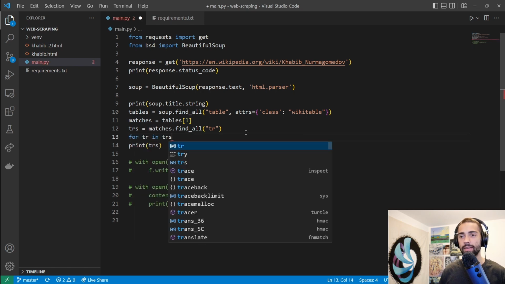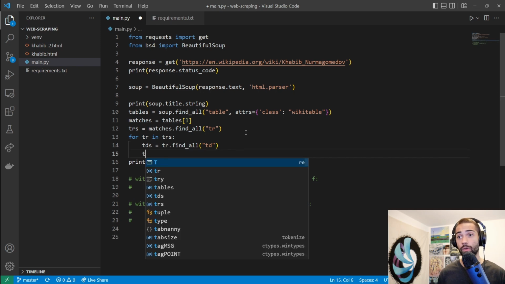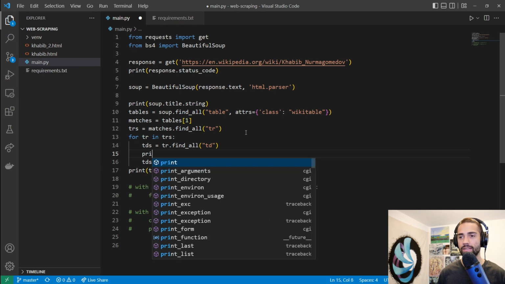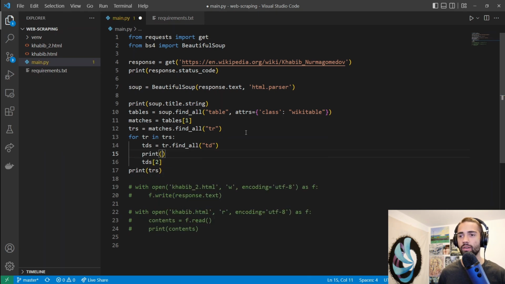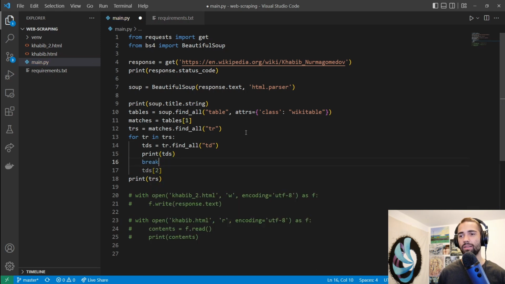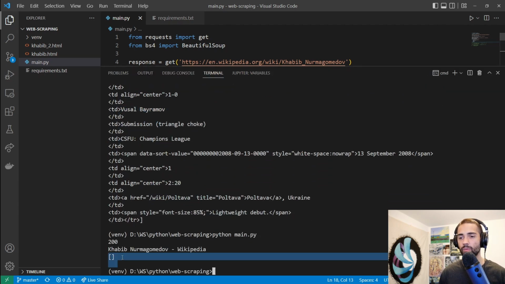Coming back to the file, if we have all of the TRs, let's iterate over all of them. For TR in TRs, we will get all of the TDs. So find all TD, these will be the TDs, and then we want to get the third one. Remember that collections start count from 0, so we specify index 2. And if you're not sure what a TDS looks like at this point, go ahead and print it here. I will just put a break statement here as well, just so we only print a single thing, not the whole shebang. I'll comment out the printing of all the TRs, rerun the application,